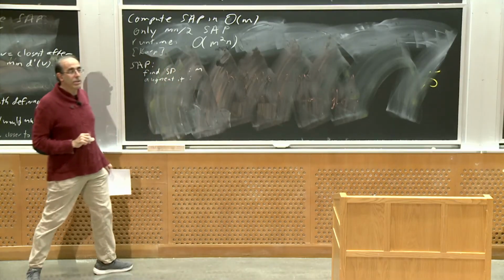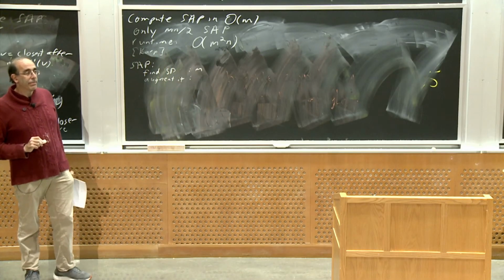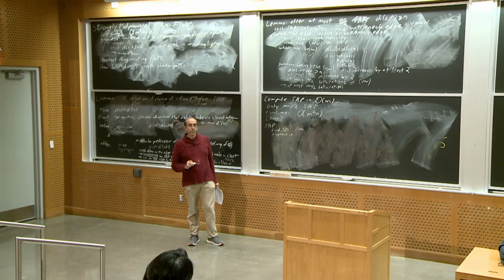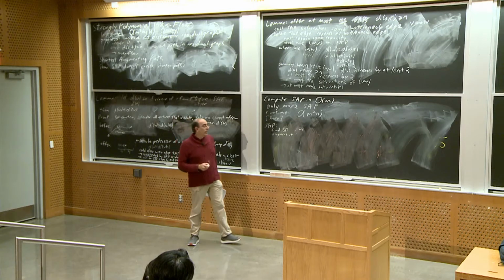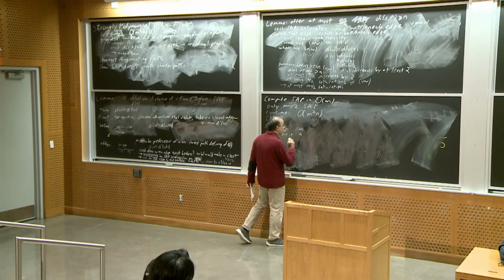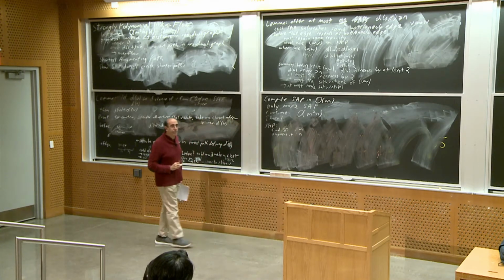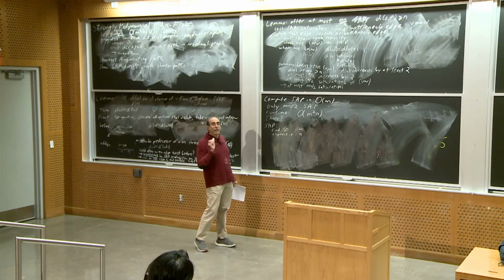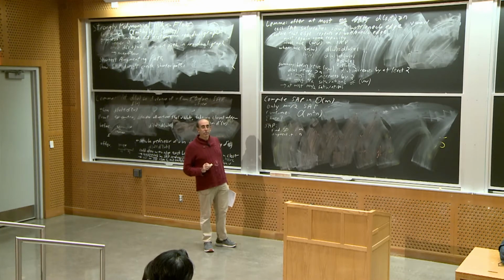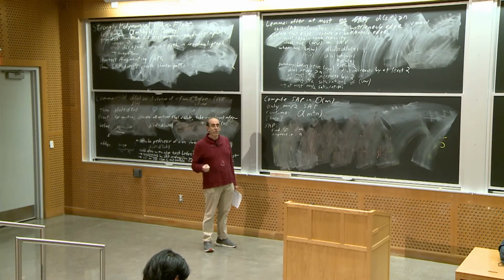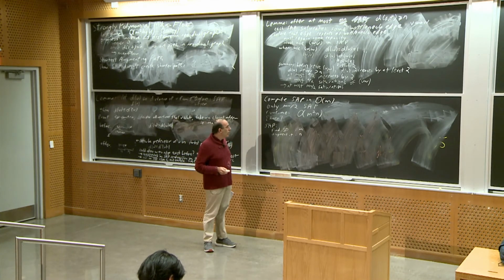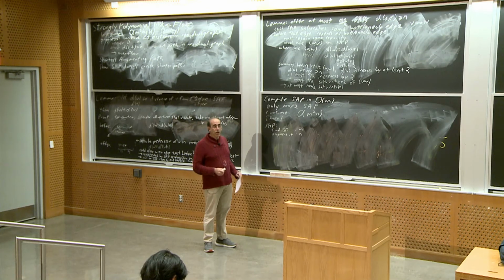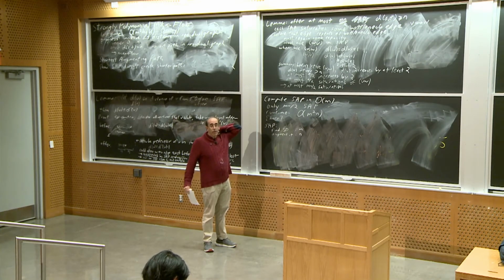And how long does it take to do the augmentation once we found it? Yeah? That takes n, right? Because we just need to update the edges on the path. So there's an imbalance here, right? Because we do a ton of work to find the shortest path, and then we do much less work to augment it,